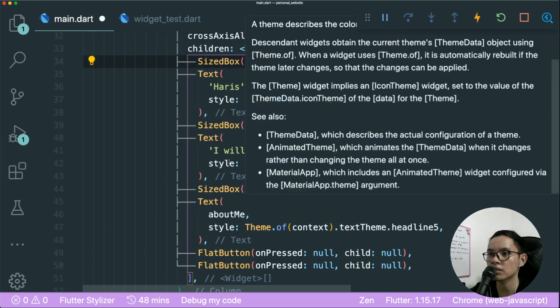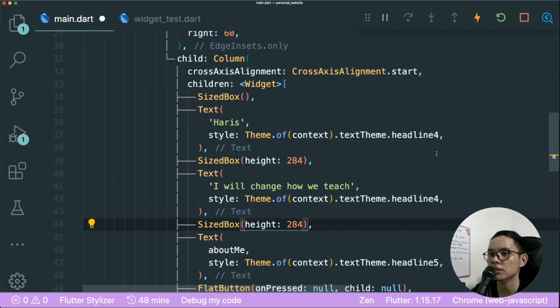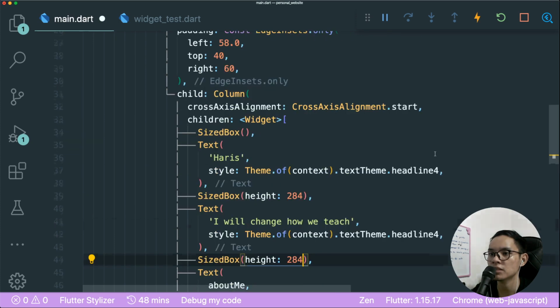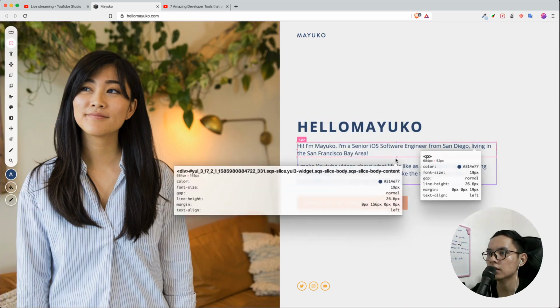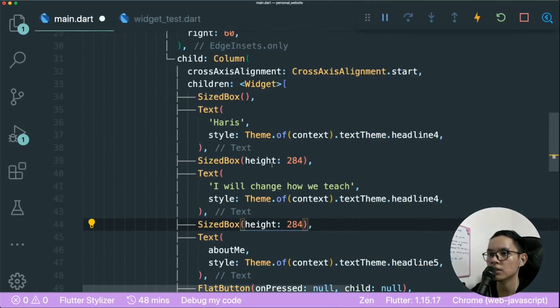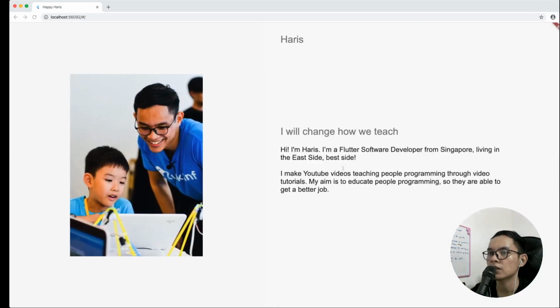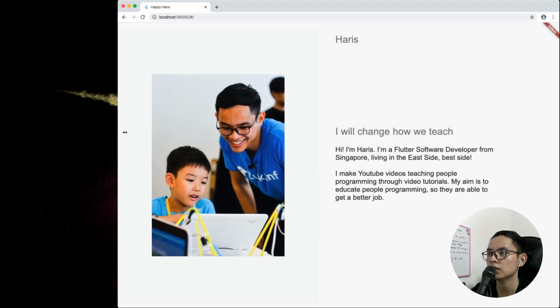Okay, whatever the case is. So maybe I can wrap a row. That's so much fun. How do I do this? Oh, I can wrap both individual text inside its own sized box. So what I mean is that if I were to go here, the width is 684. Okay, width is 684 of this. Yeah. But the thing is,